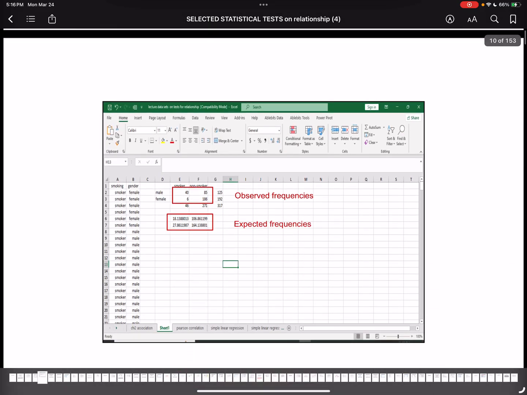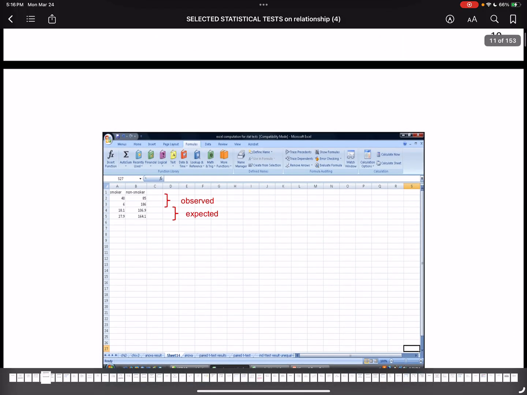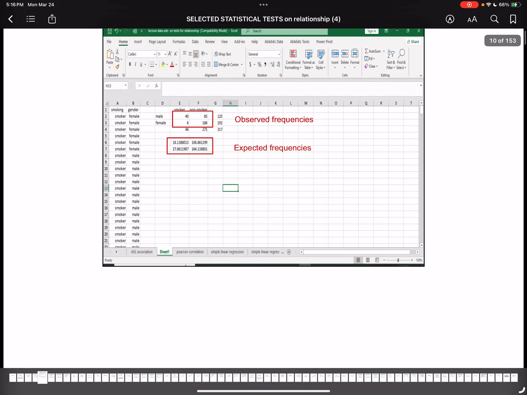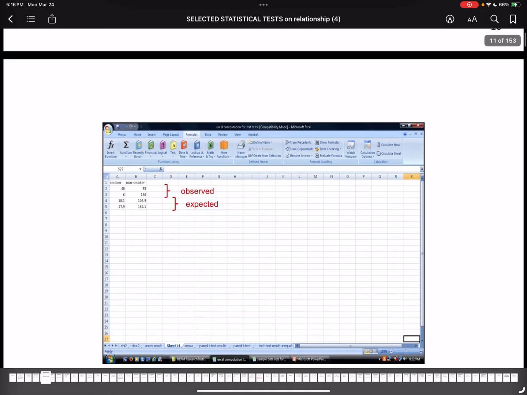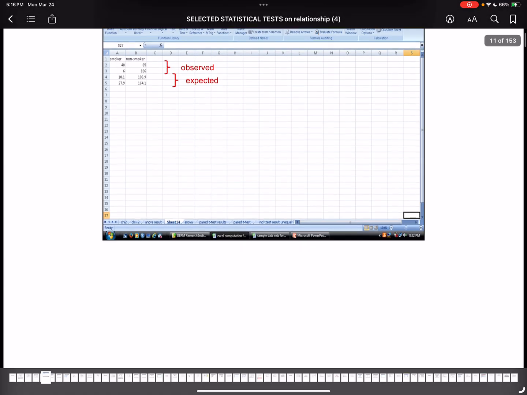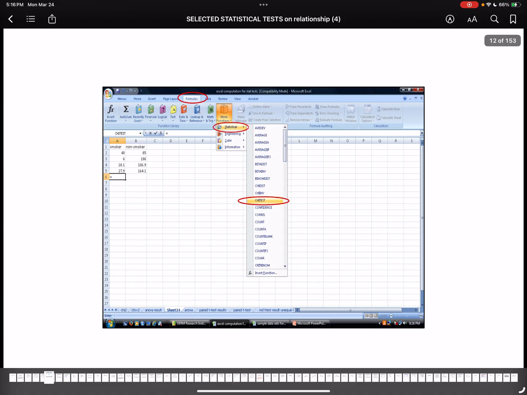And then, pag nakuha nyo na yan, okay, meron na tayong observed frequencies and expected frequencies. So, pwede naman na dito kayo mag-perform ng function, no? Ayan. Pag nailagay niya na yan, okay, punta lang kayo sa maglagay lang kayo ng equal sign. So, that would lead you to the different formulas or different functions, diba? So, punta lang kayo sa formula na tab, no? And then, under more functions, press statistical. And then, press there the chi-test. So, that's for the